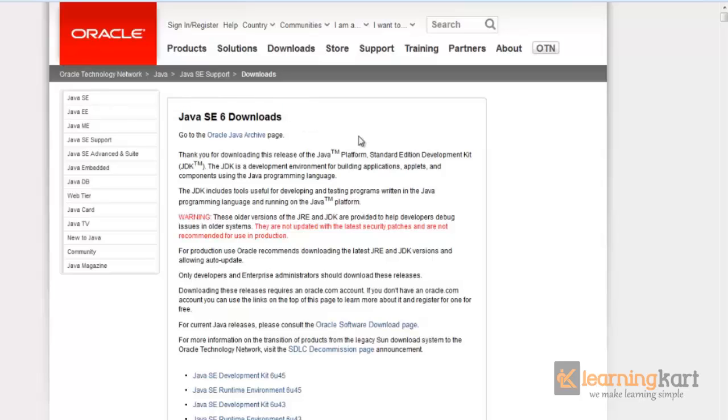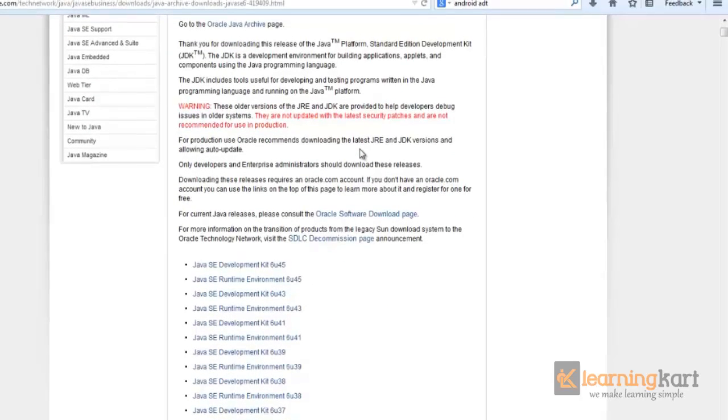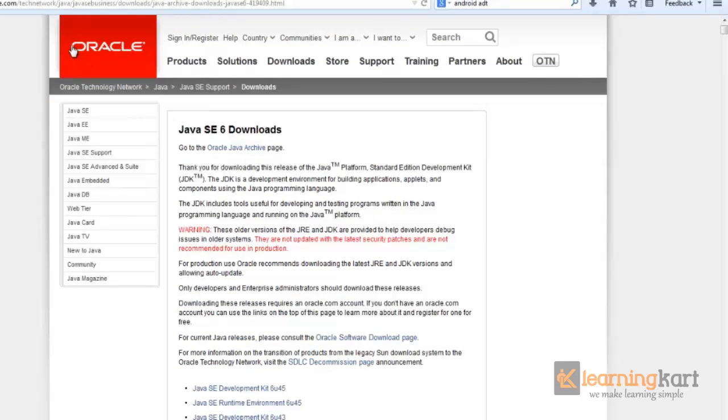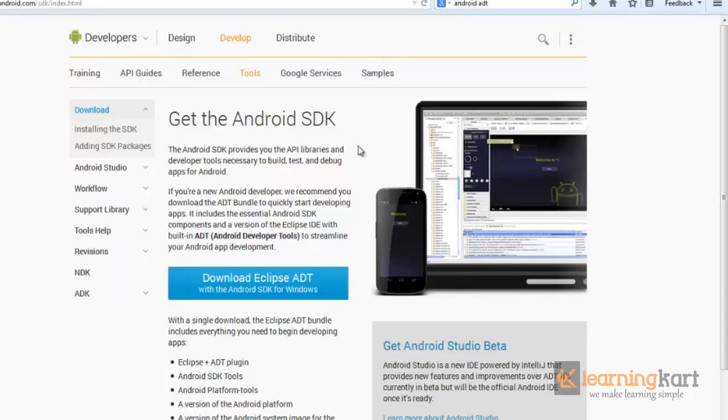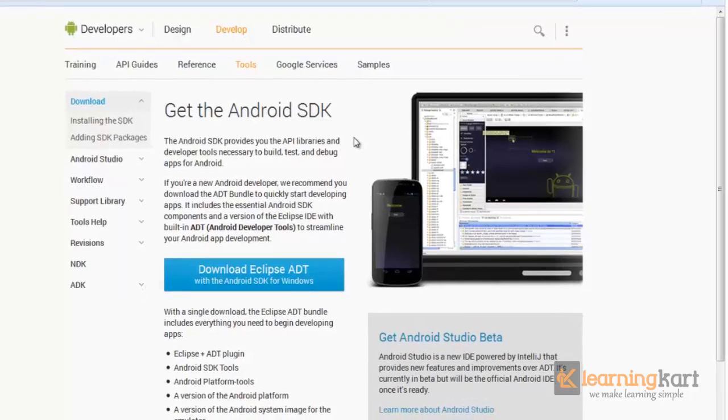So you download the Java SE 6 JDK, not the JRE, because it needs the JDK to run properly rather than the JRE. You can download the JDK 6 version from the Oracle website, and after installing, we can proceed with the installation of Eclipse. In case you already have Eclipse installed on your system, preferable is to get Eclipse Juno. However, if you still do not have Eclipse on your system, then the best way to start off is getting